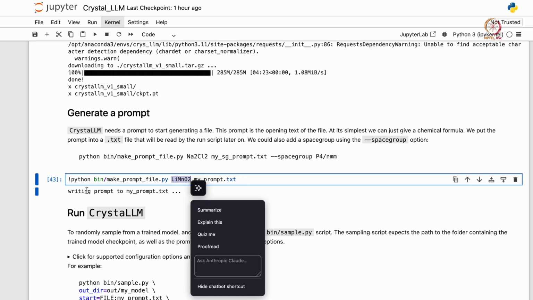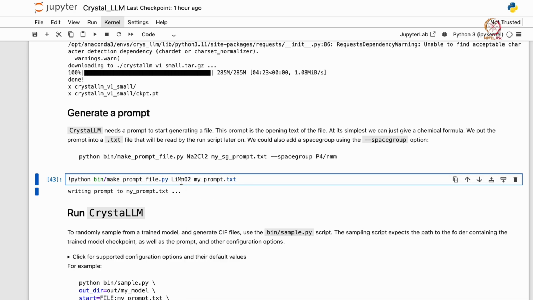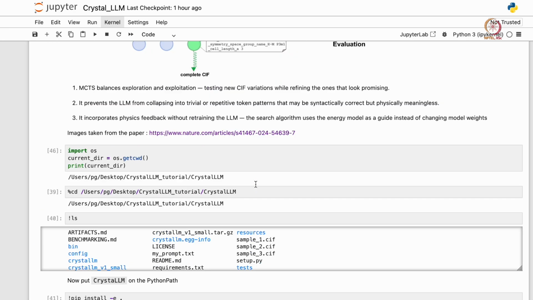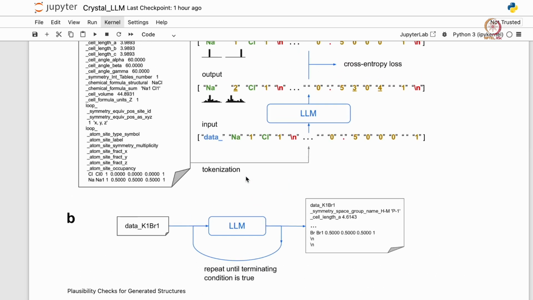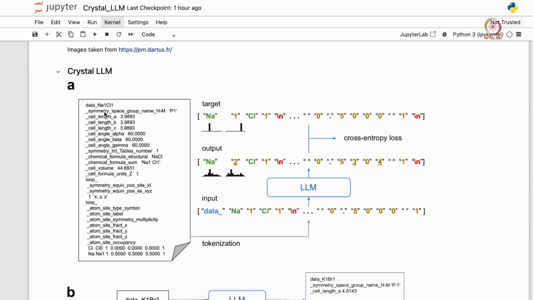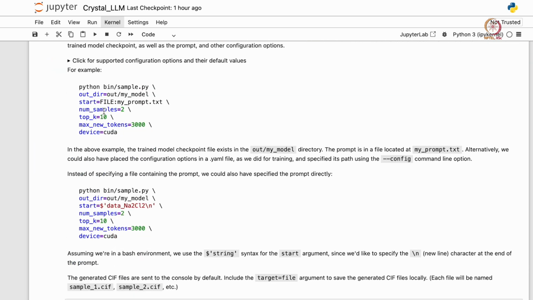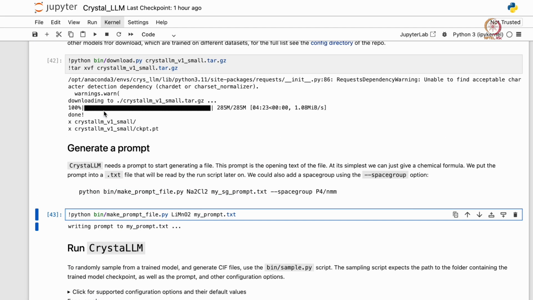This Python file writes data_LiMnO2 in a text file called myprompt.txt, because all zip files start with the word data_ followed by the compound you want to generate, as we already saw. So now you have a generated prompt.